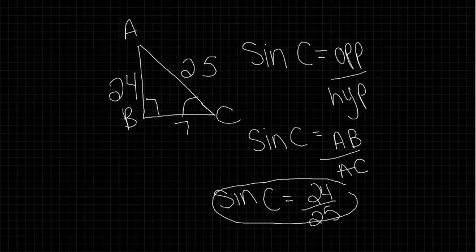And again, just to review, when we're looking at sine of any angle, we want to take the opposite side over the hypotenuse. And so again, the relationship between angle and side lengths for this case would be sine equaling opposite over